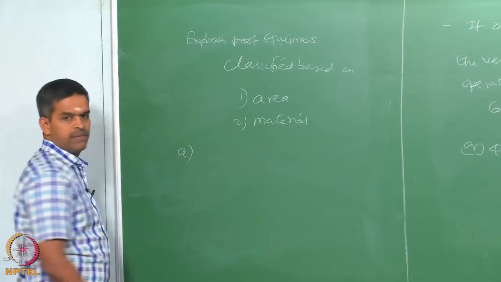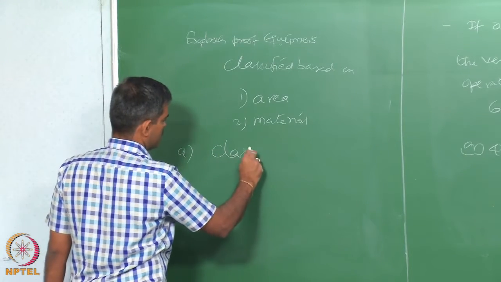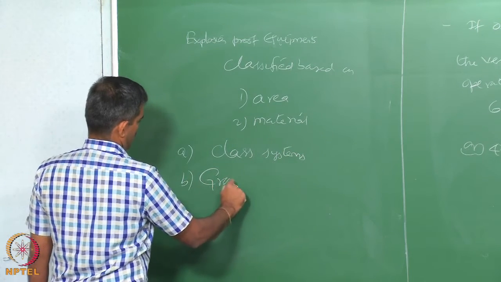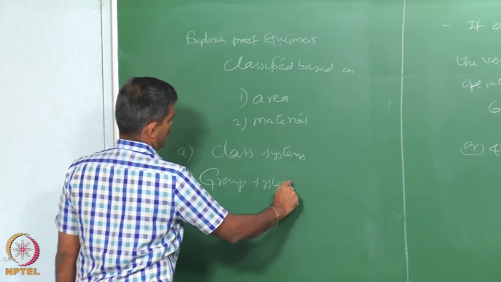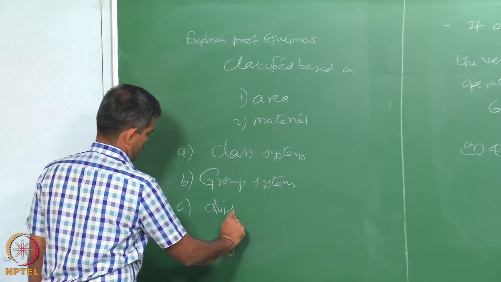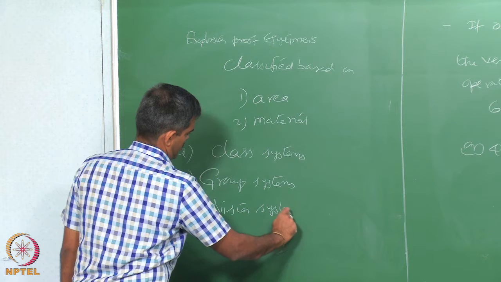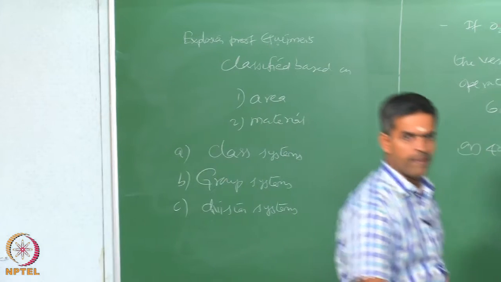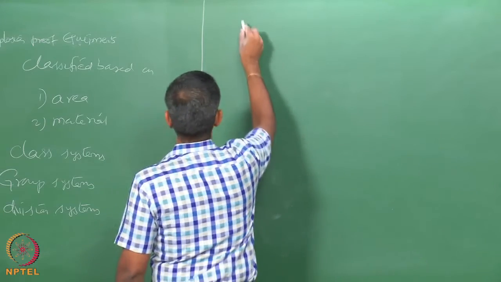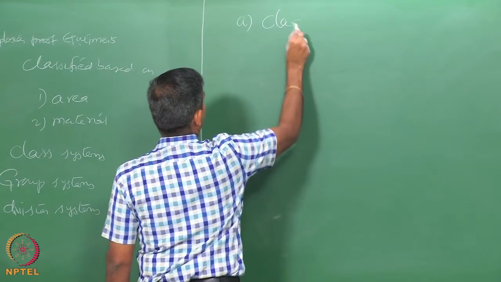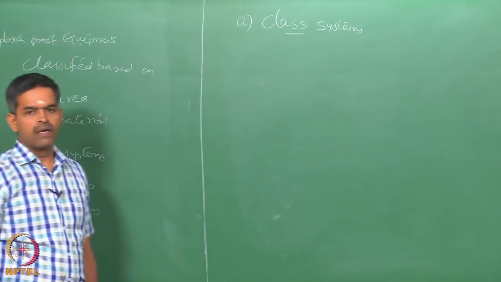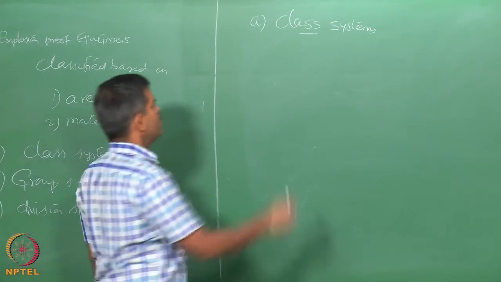They are classified as class systems, group systems, and division systems. Let us see the class systems. Class systems are related to the nature of flammable material